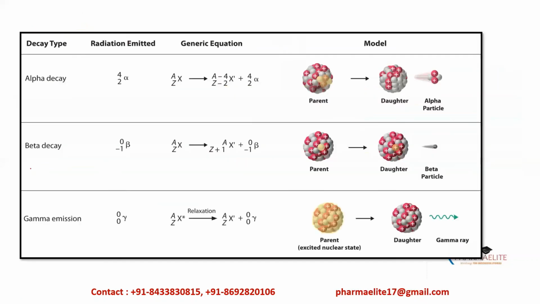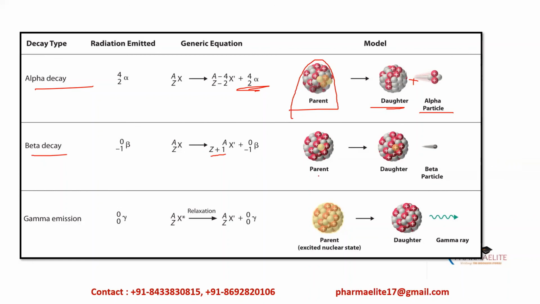Now we will see a generalized picture of all the 3 decays. This is alpha decay, where the alpha particle is released, that is helium, in the form of an alpha particle. You can see over here this is the unstable nucleus, and we are getting a stable nucleus with the release of the alpha particle. Then this is beta decay. In beta decay, whenever there is an electron or beta minus released, it will be Z+1. Whenever it is a positron decay, it will be Z-1. Correct?